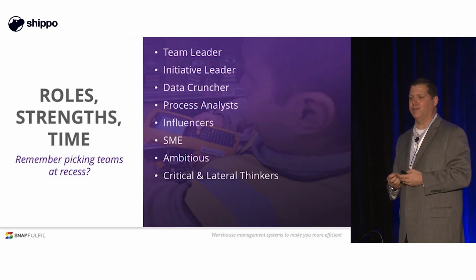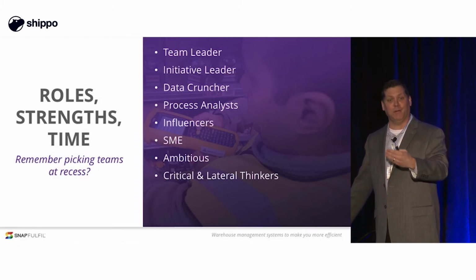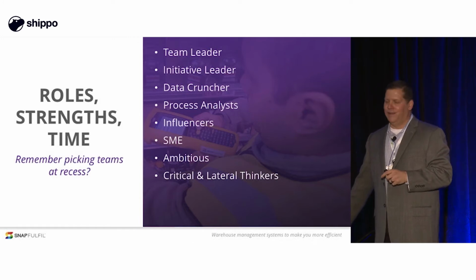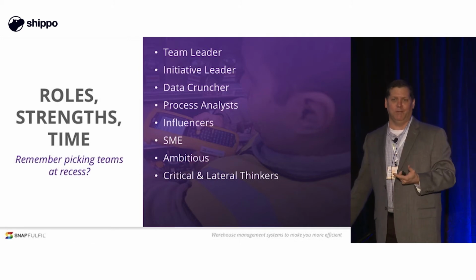Folks who are watching work, and what they're not necessarily worried about is how fast a person's going. They're looking at it as, how is that person doing their job? What steps are involved? You'll need some of that in here. SMEs, right? Subject matter experts. These folks are important. There's some notes over here that say, beware of the SME that believes they own the